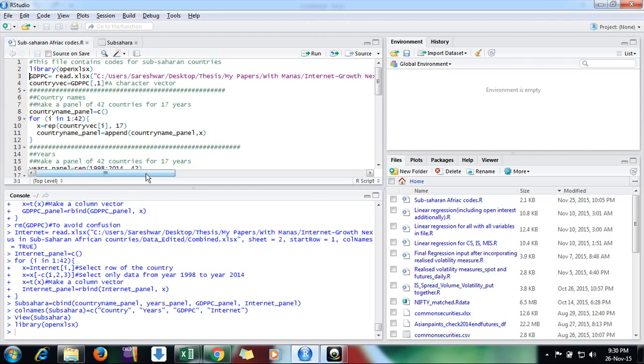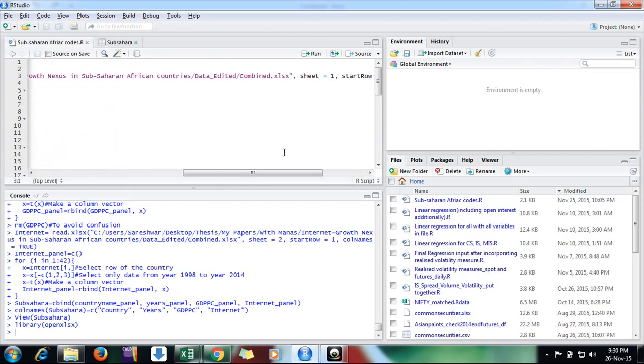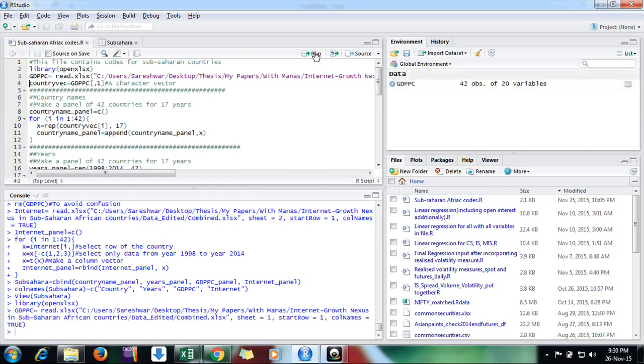Then I'm just opening that combined file, and I just want to open its first sheet using the XLSX command. It's very easy, and in another video I have shown how to use this command. So this is the way.